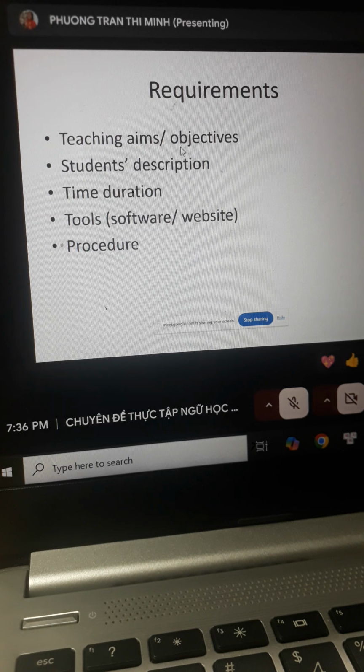Okay, so please type in the chat box, right? What should we describe about your student before we design the materials? So 1 minute for you. Please type time in the chat box